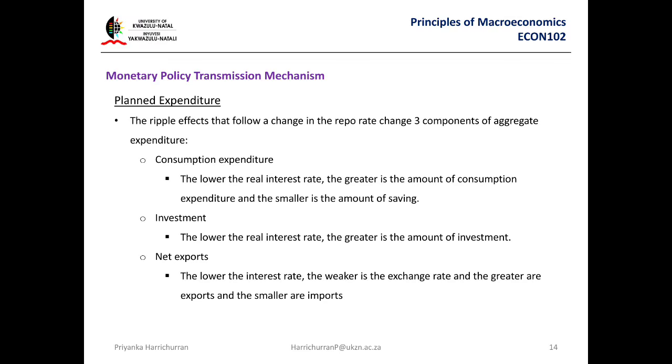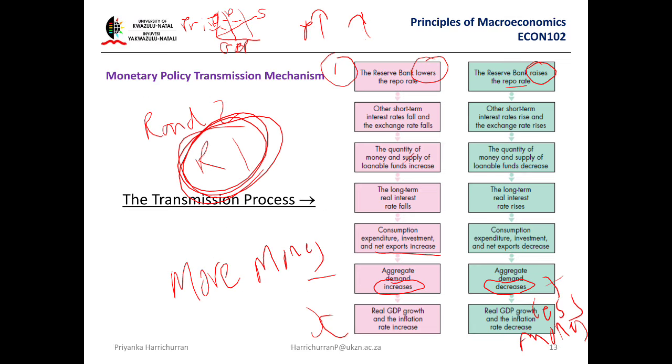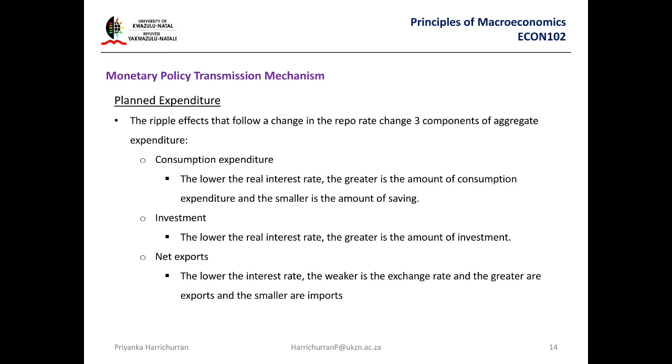Planned expenditure is when people have money and they spend it, right? That's normal. It produces more in the economy, more money in the economy when people spend. Ripple effect, right? Consumption expenditure is when we people buy things, we buy something from the shop. Investment expenditure is when you put money in savings, in the bank. Net exports is when people from other countries buy your products. A weaker exchange rate is good because there are more people who want your products.